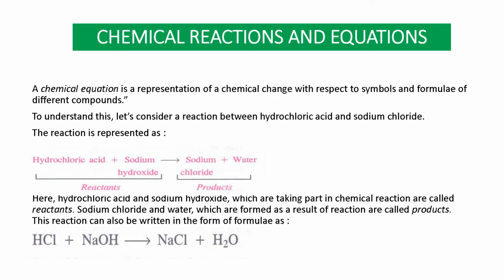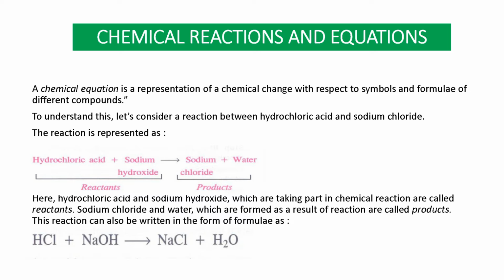So here is the example. We write the name of the element in this reaction. Hydrochloric acid and sodium hydroxide, these are reactants, and sodium chloride and water, these are products. So we write this chemical reaction in names. This is called the word equation. And when we write this equation in the form of symbols or formulas, it becomes the chemical equation. Like HCl, all of you know that the formula of hydrochloric acid is HCl, NaOH for sodium hydroxide, NaCl for sodium chloride, and H2O for water. So this is a chemical equation.